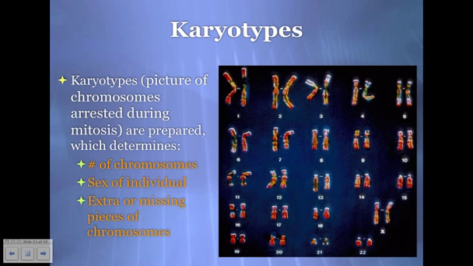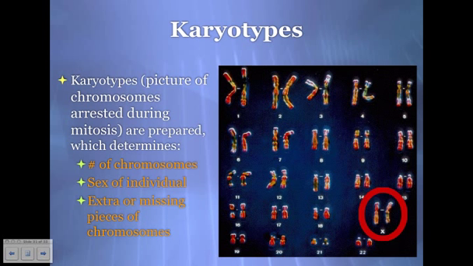So karyotypes can show you about 3 different things. Number 1, they can show you the number of chromosomes that the individual has. For humans, the key number is 46. We'll talk next lecture about some of the times when 46 is not the key number, but the individual still survives. The gender or sex of the individual can also be shown because you can see in this karyotype there